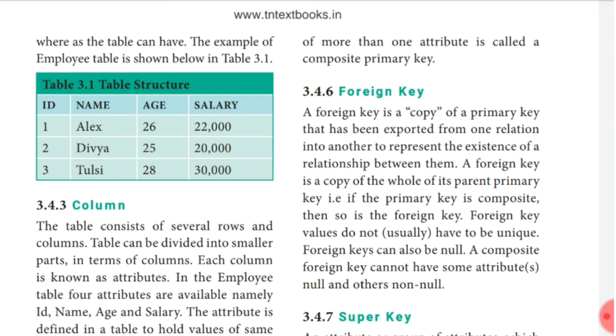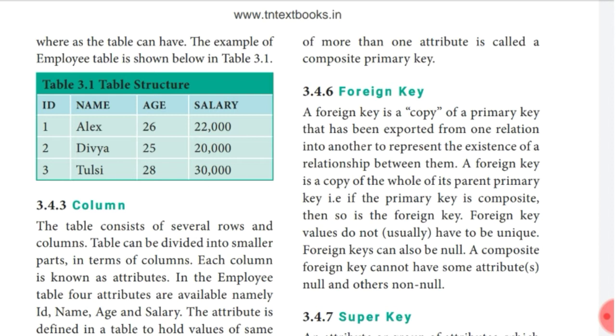Then foreign key. A foreign key is a copy of the primary key that has been exported from one relation into another to represent the extension of a relationship between them. The foreign key is a copy of the whole of its parent primary key. If the primary key is a composite, then so is the foreign key.